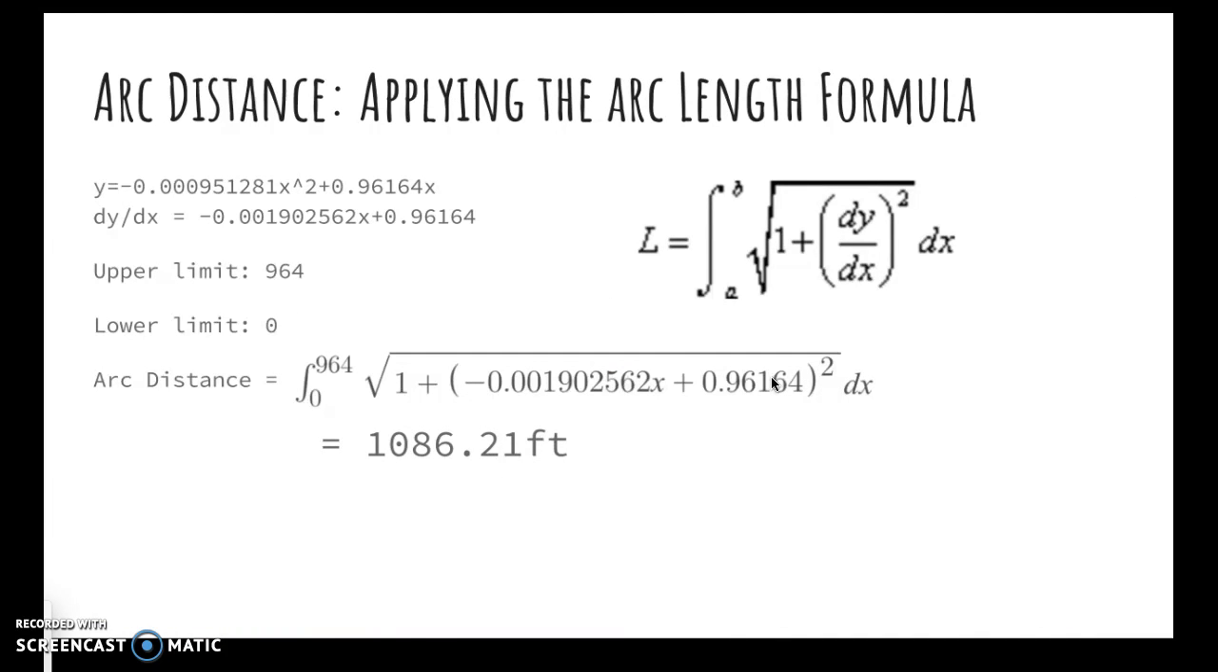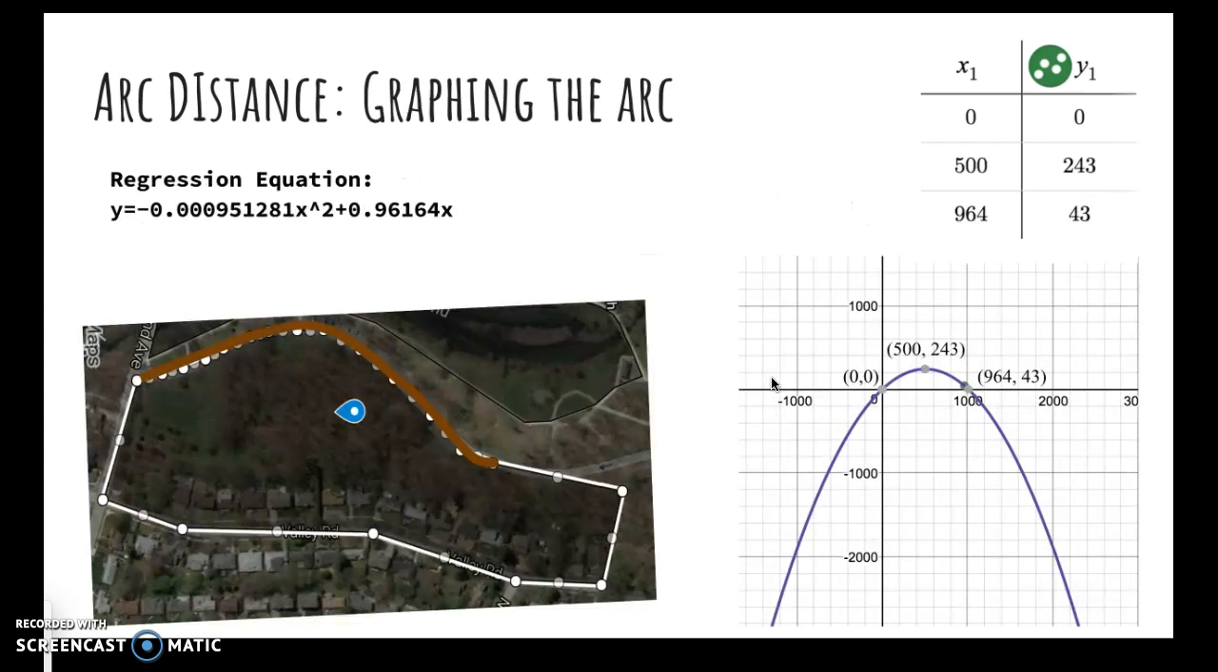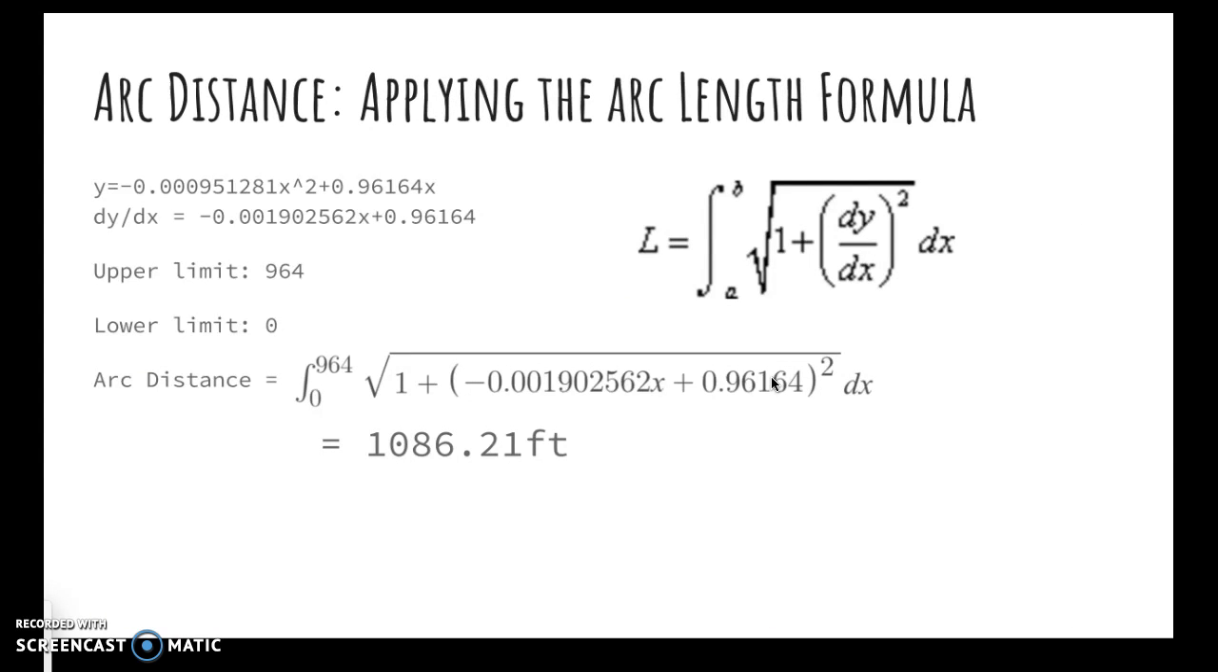This regression equation was used for the arc length formula. I found the derivative of this equation, and I plugged that into the formula using the upper limit of 964 and the lower limit of 0. I obtained the upper and lower limits from over here where you can see the plot points of the curve, where the highest x value used is 964 and the lowest is 0. So once plugging in these values into the formula, I found that the arc distance, or the arc length, is about